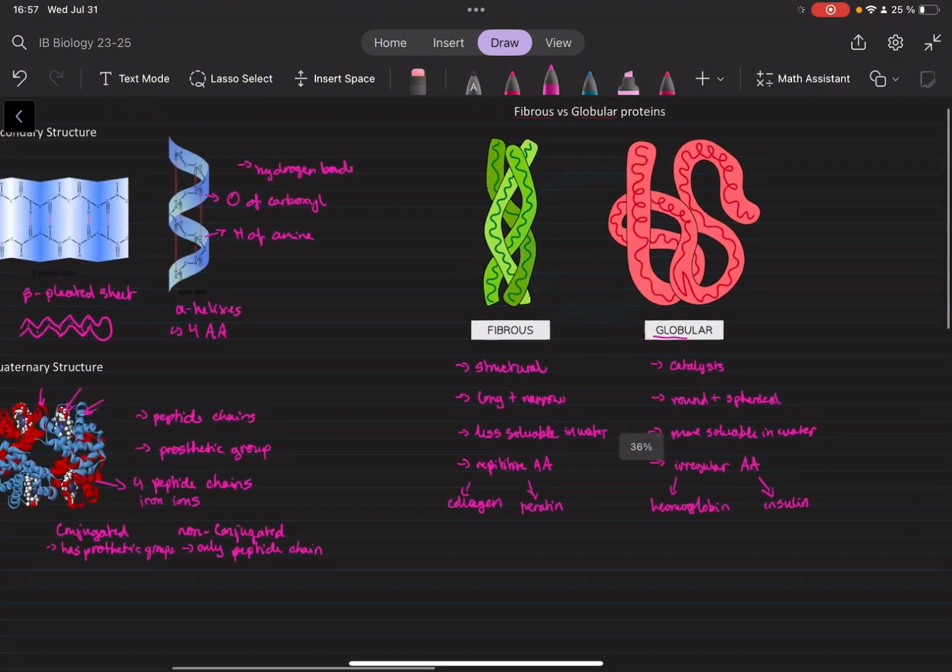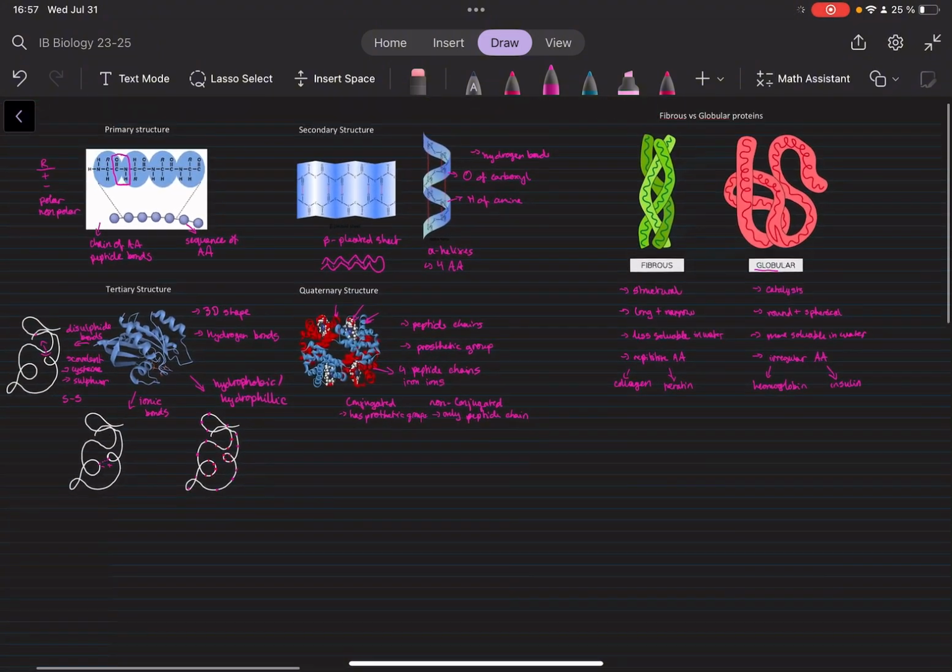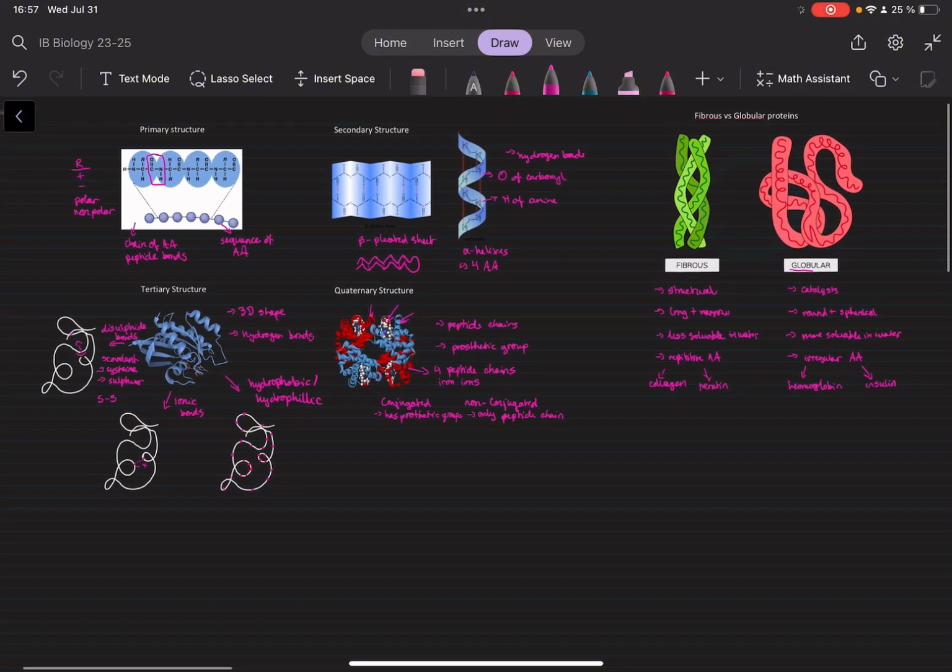So yeah, that's all that you need to know for higher level. It is quite a lot in my opinion, but once you get the hang of it, I think everything will turn out just fine. But yeah, that's all, and I will put all these